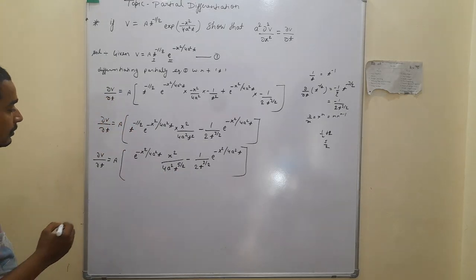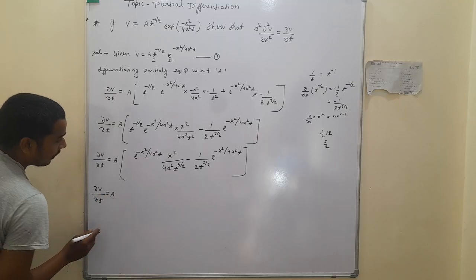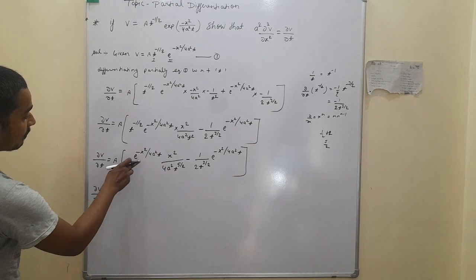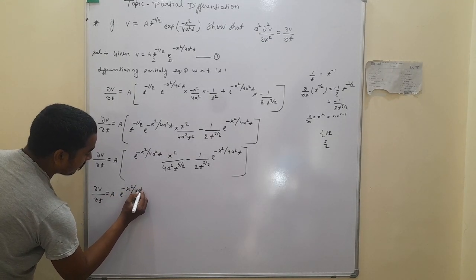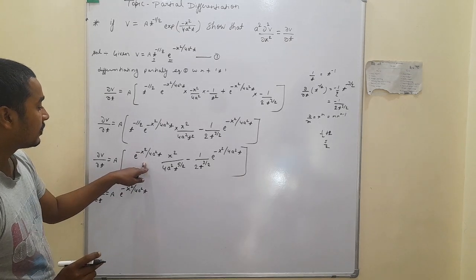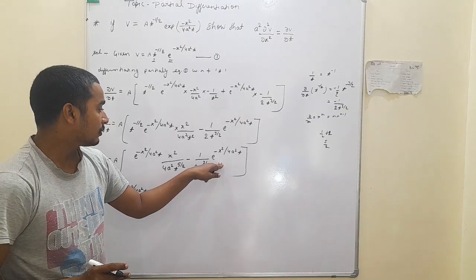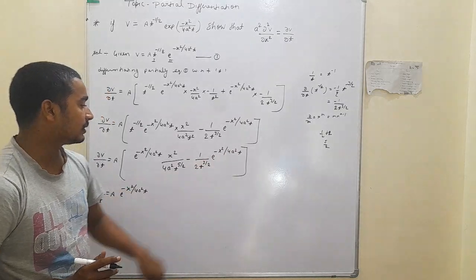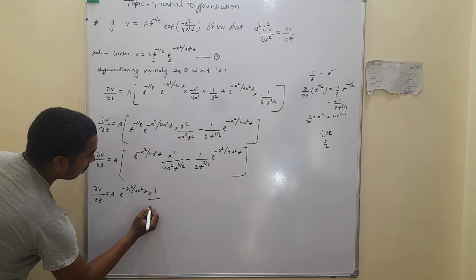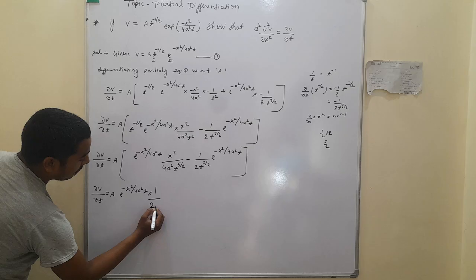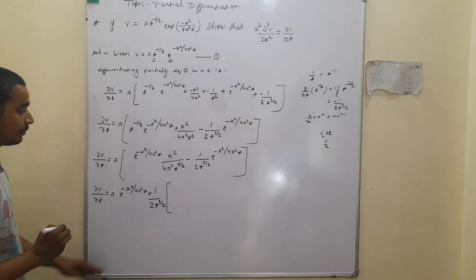And from here we take common del v upon del t is equal to a, and we take common first e to the power of minus x square upon 4a square into t. Here is also present e to the power of minus x square upon 4a square into t, and here is also present e to the power of minus x square upon 4a square into t. And one more we take common, this is 1 upon 2 and t to the power of 3 by 2. Then remaining present in the bracket here